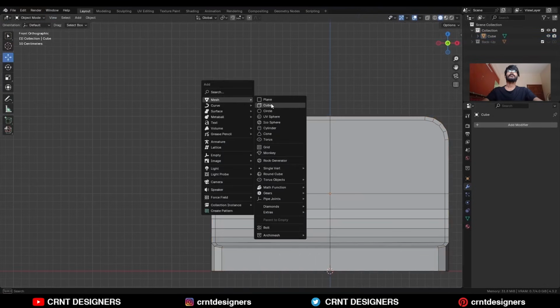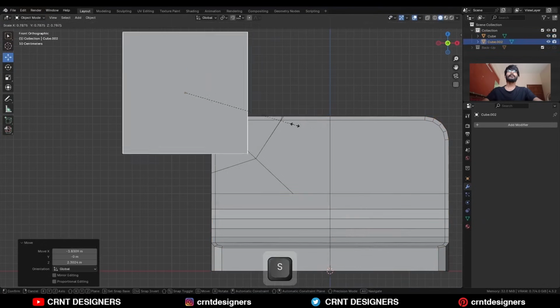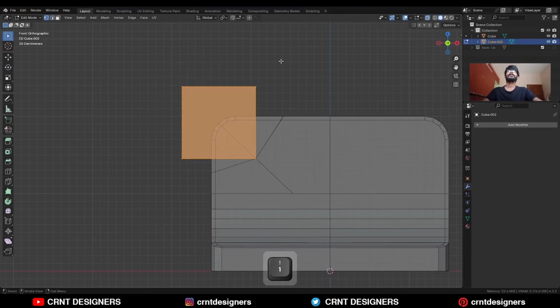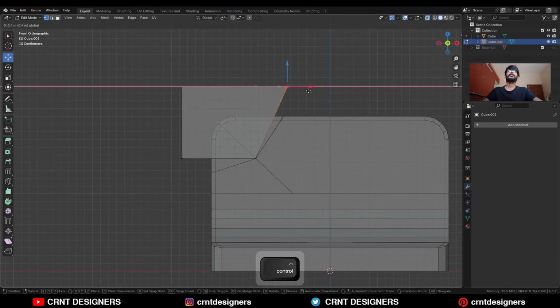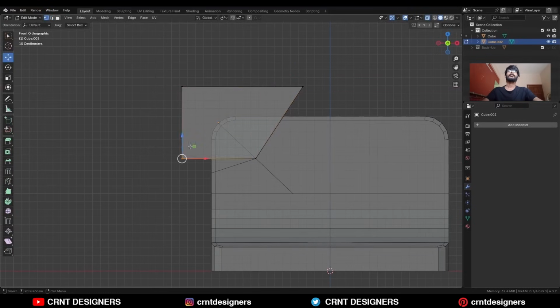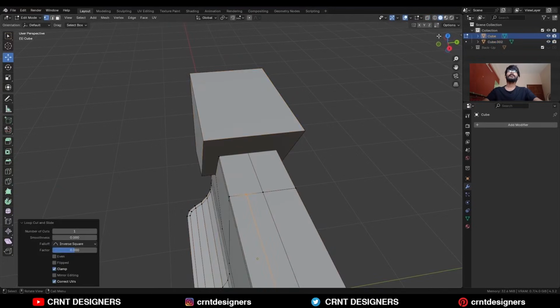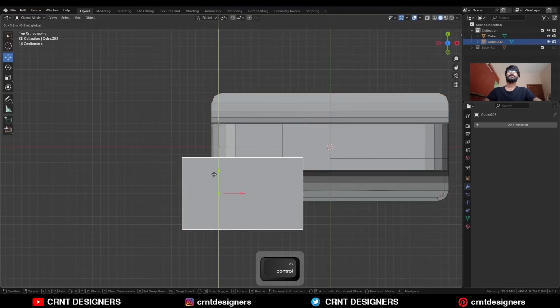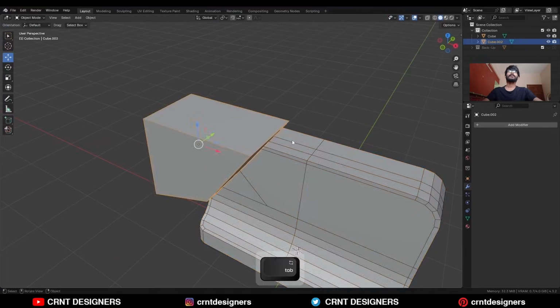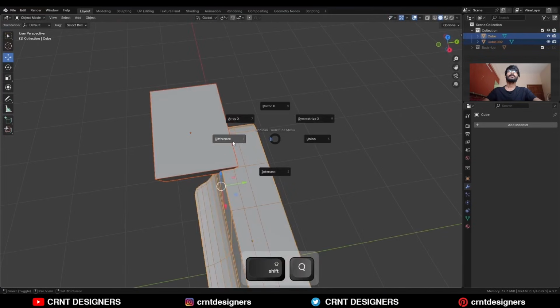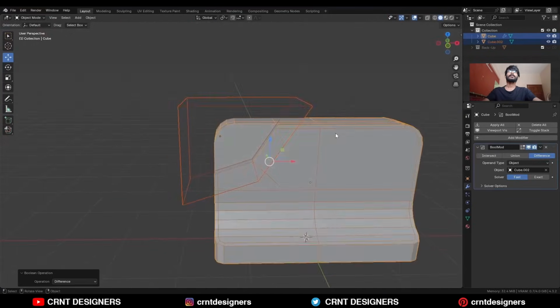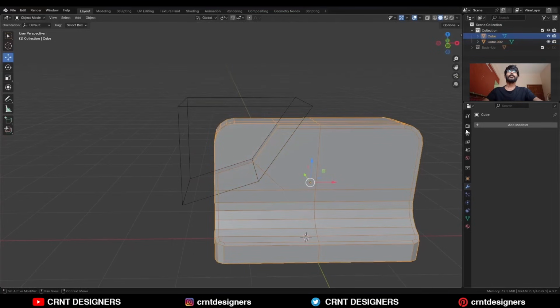Shift A, mesh, add a cube. Move this cube here, scale it down, select these vertices and move them along the x-axis and try to match these reference cuts like this. Add one loop cut here, select this cube and give the position like this. Then select these two objects and Shift Q, use the Boolean operation difference and then apply this Boolean modifier and